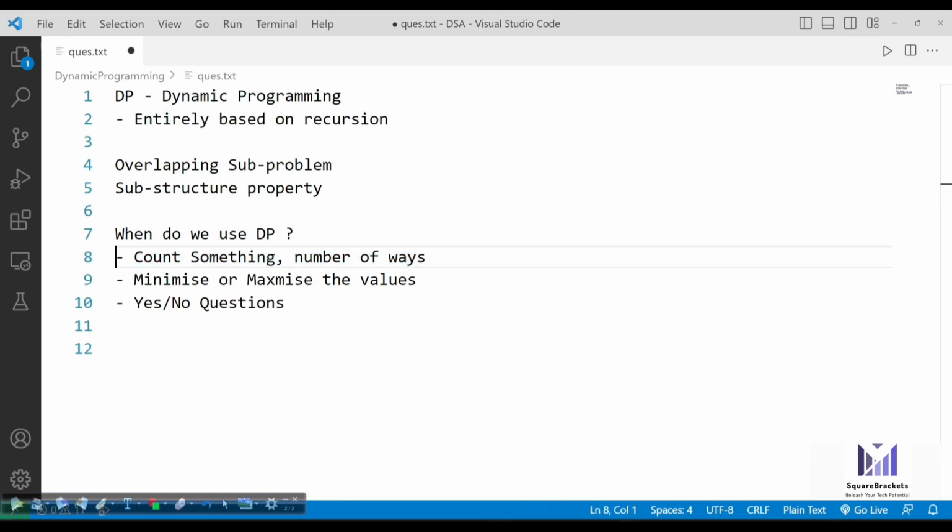If we are using recursion, recursion is able to solve almost all the problems. But then why do we need DP? To understand the requirement of DP, we'll go back to the example of the Fibonacci series and how exactly we implemented it. Let us first understand the need of DP by looking at the problem of the Fibonacci series.